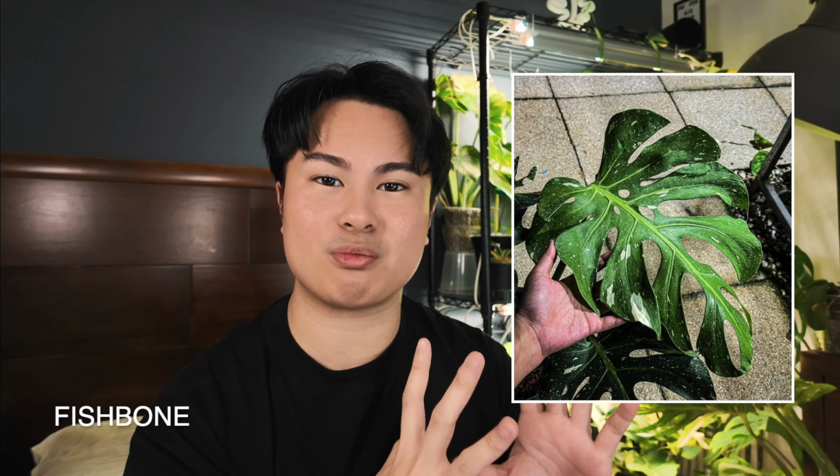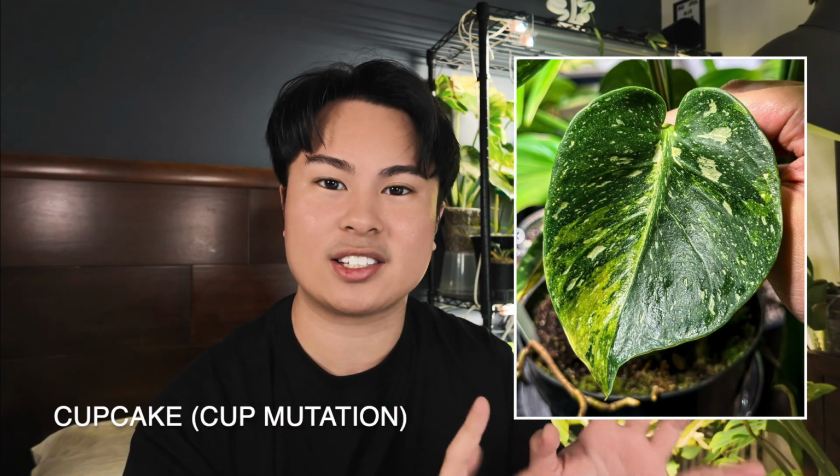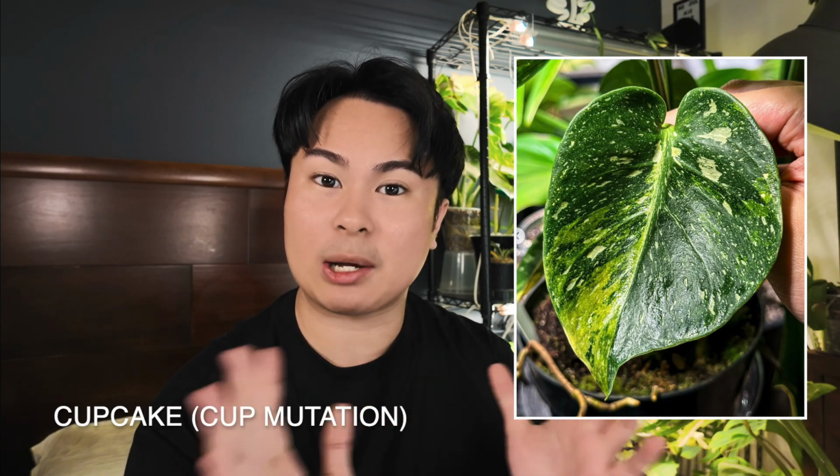So this is one that I actually think is better to keep on the juvenile side because the characteristic of the fishbone shape is much more apparent when it's at this stage rather than super mature or super young. This same idea of keeping it at a semi-juvenile stage is also apparent in the Monstera Cupcake,